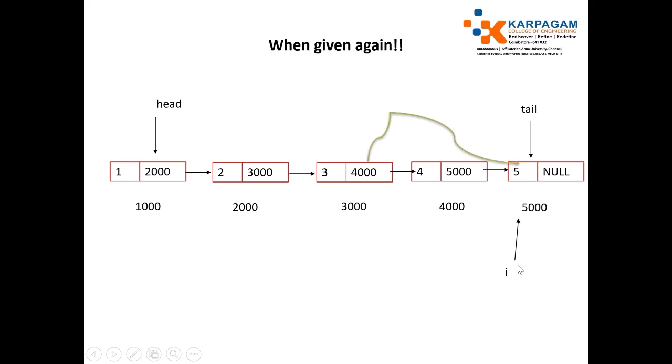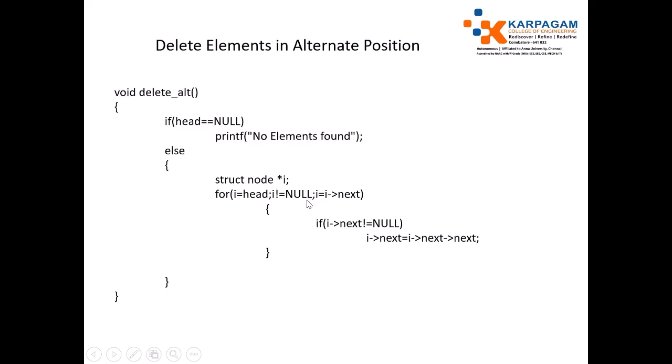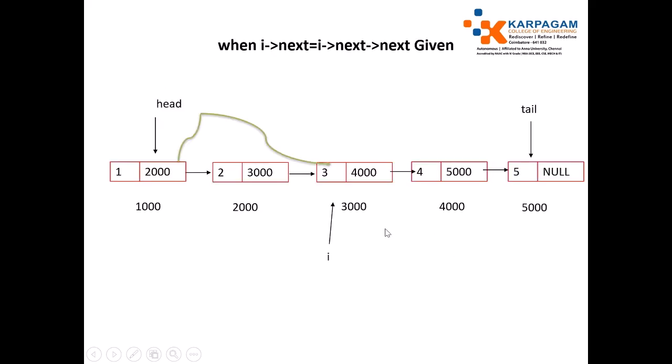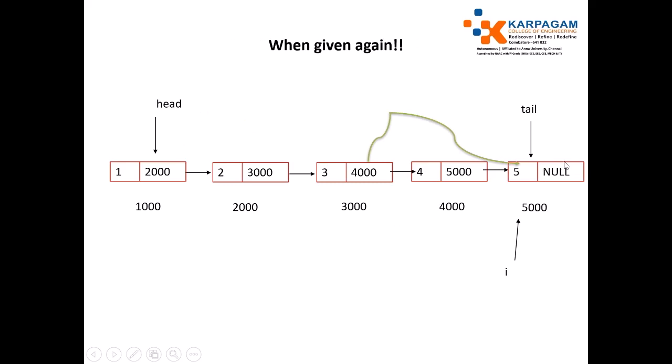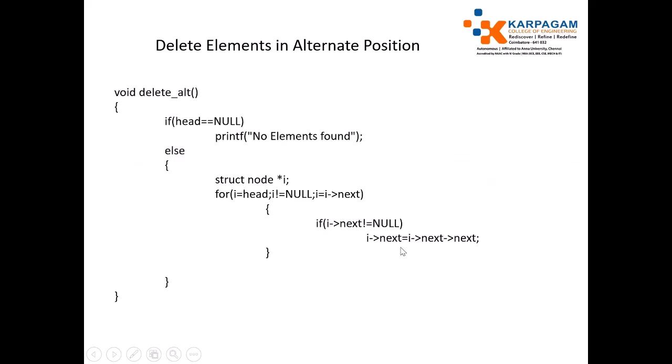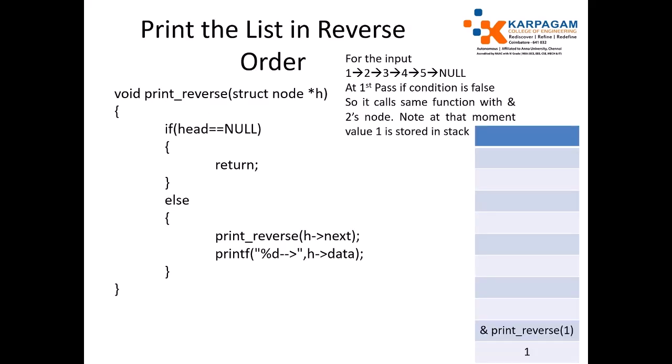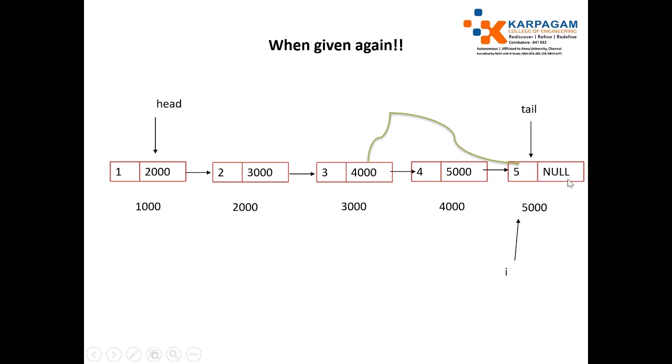Okay. Now I is not equal to null. Condition is satisfied according to the loop. But I of next is equal to null. Just check I of next not equal to null. When you check the condition, it evaluates to false. So it will come out of the if condition. After that, I equal to I of next, so I equal to null. So it will not execute further.